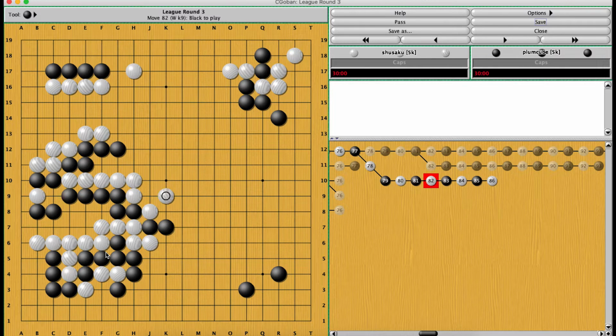White could come out with this Atari. White would probably have to protect here, and we could have a sequence like this, in which case white could probably break out. And this would be obviously way better for white, and it's hard to say what would have